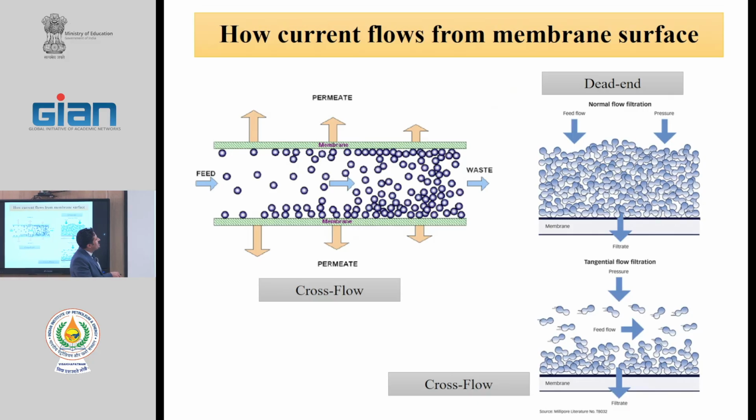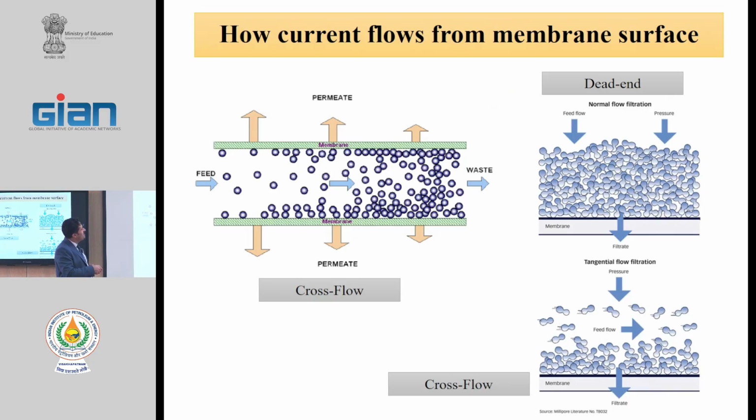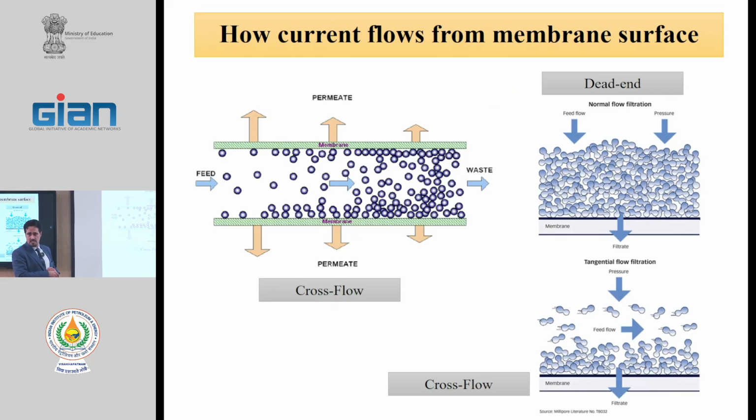But in the dead-end method, we have a high concentration layer; we say this is the cake layer or gel layer. This cake layer and gel layer increase membrane resistance because they act as a barrier layer,